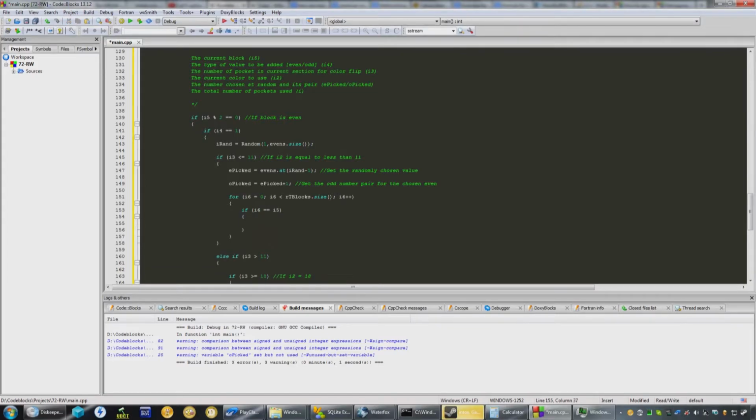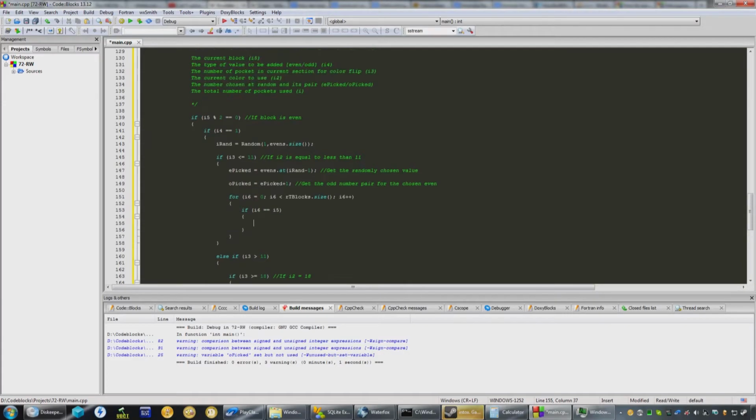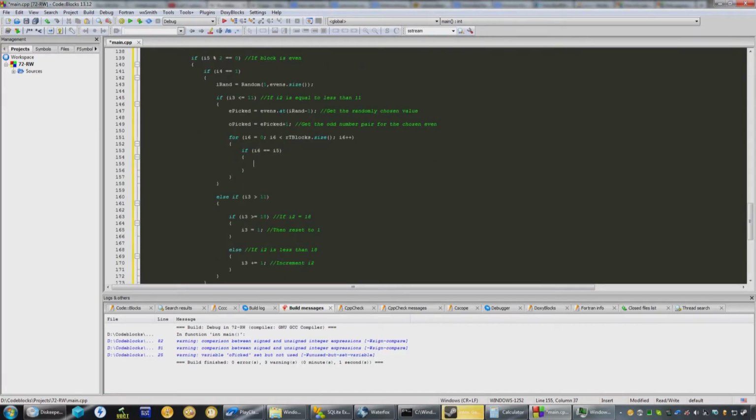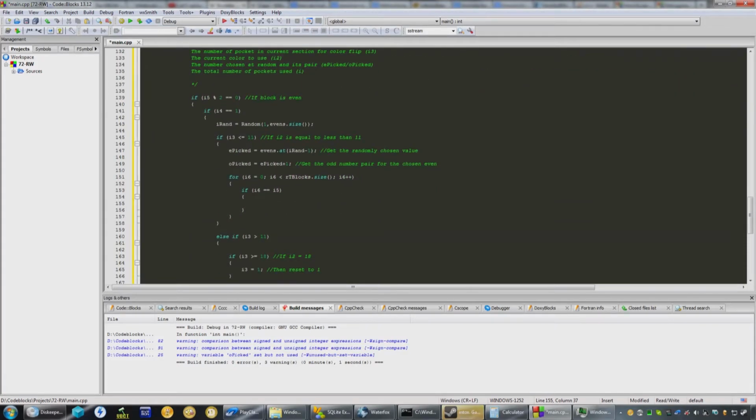Alright, so now we've picked that, and we're in the evens, so we want to say, now we need to check for I2, like what we're doing. If I2 equals 1,